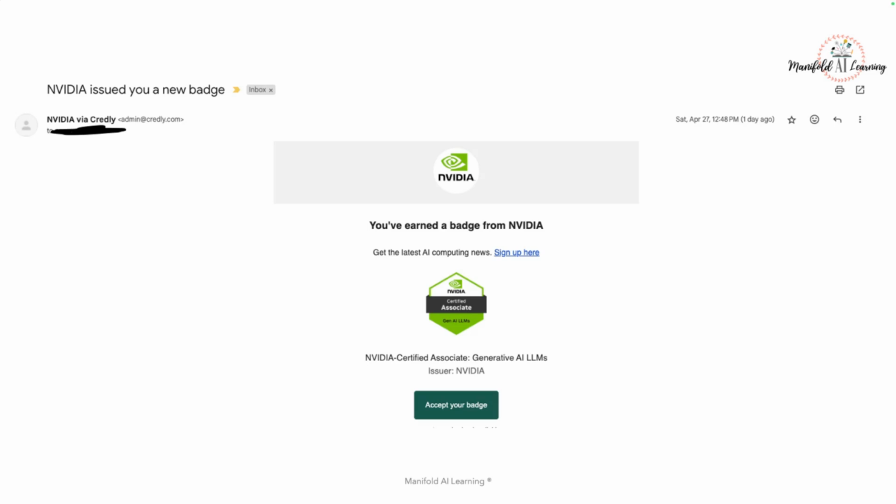Now that you have understood the overall agenda, this session is for anyone who is thinking of appearing for the NVIDIA certification in generative AI. This session is intended for everyone so that you get the correct path to follow to get yourself certified.